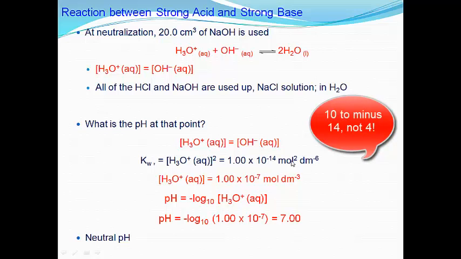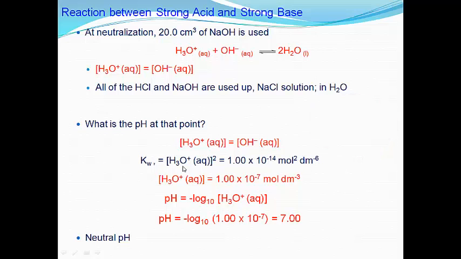That's something that we should know. And then we can square root this to get 1 times 10 to the minus 7 mole per dm cube, and then the pH is equal to 7.00,